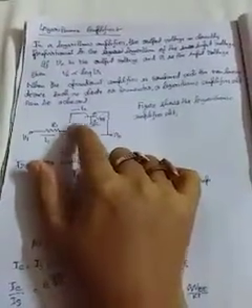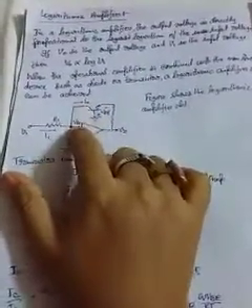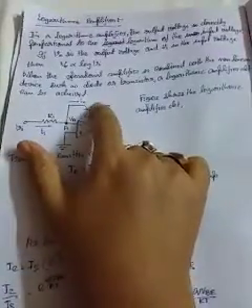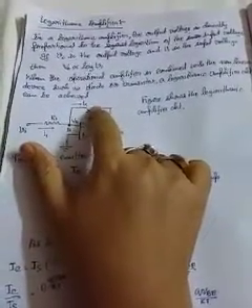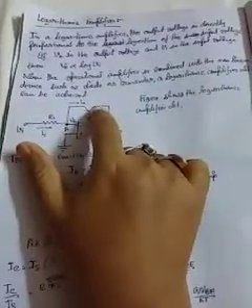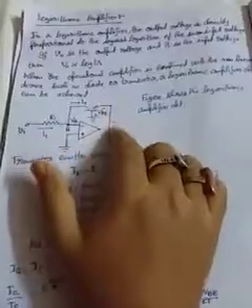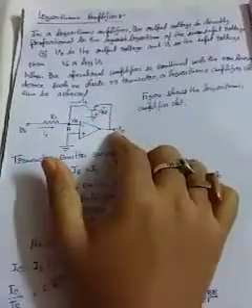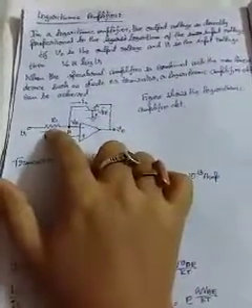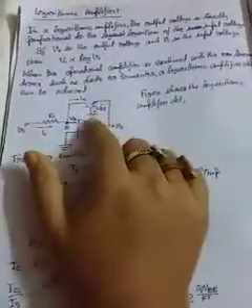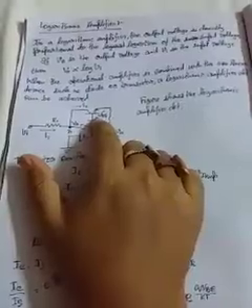Here the collector terminal is connected with the inverting terminal of the op-amp. The direction shows which is the emitter and which is the collector, and the emitter is connected with the output V0, and resistance R is connected. Here the input voltage Vi is given, and the base is grounded.